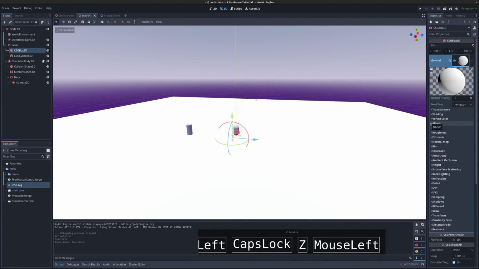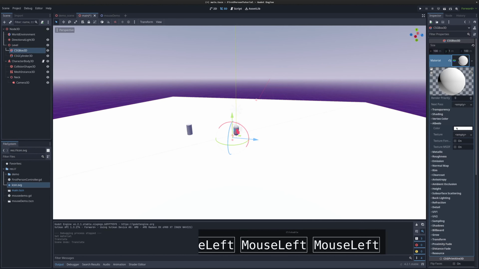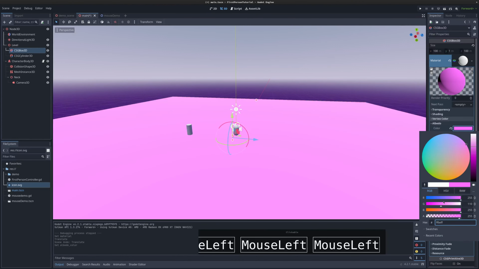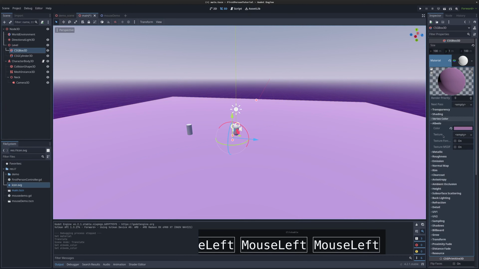Okay, we have transparency, shading, vertex color, albedo. Let's check out albedo. Albedo is basically a fancy word for what color is the object. You'll see here's white. You can click on white. You can change the color of the object. Okay. You'll also see that there's a texture. So this is how you do things like if you want to create ground, you can add in a dirt texture here. And I'm going to do a much more in-depth look at all of this stuff. But know that